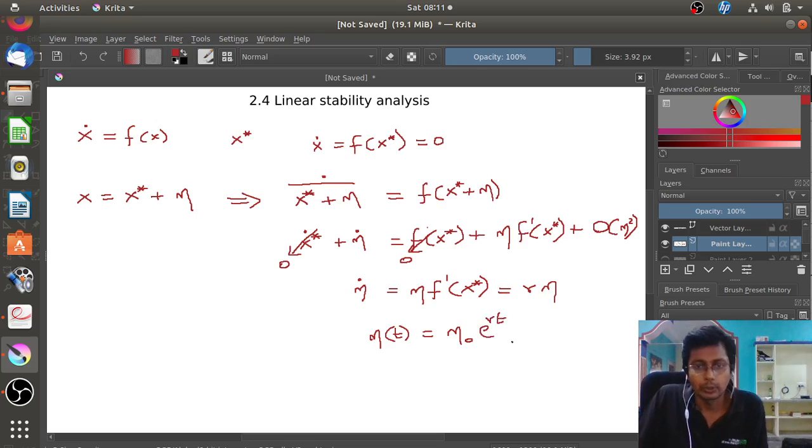Now, if t is very large, if t approaches infinity, what will happen to eta? Whether that deviation will die down or keep on increasing depends on the value of r. If r is positive, then this term will keep on increasing, whereas if r is negative, then this term will die down and approach 0. So from this what I can say